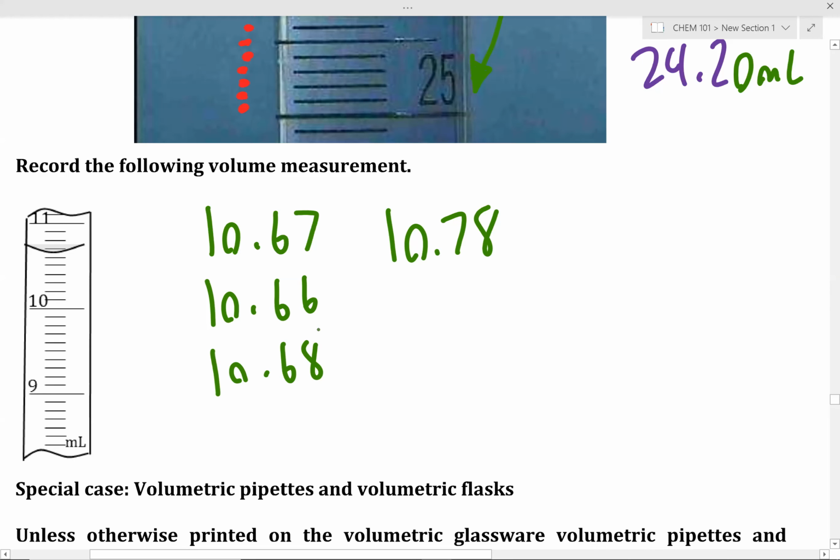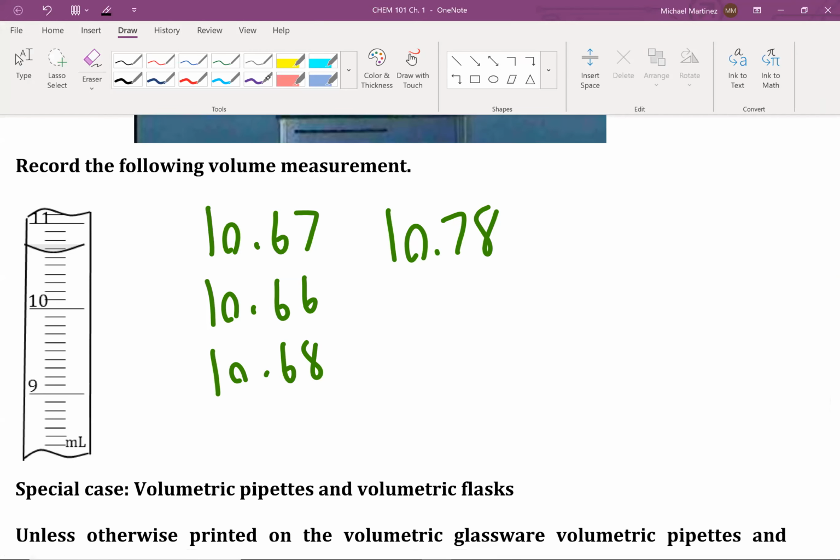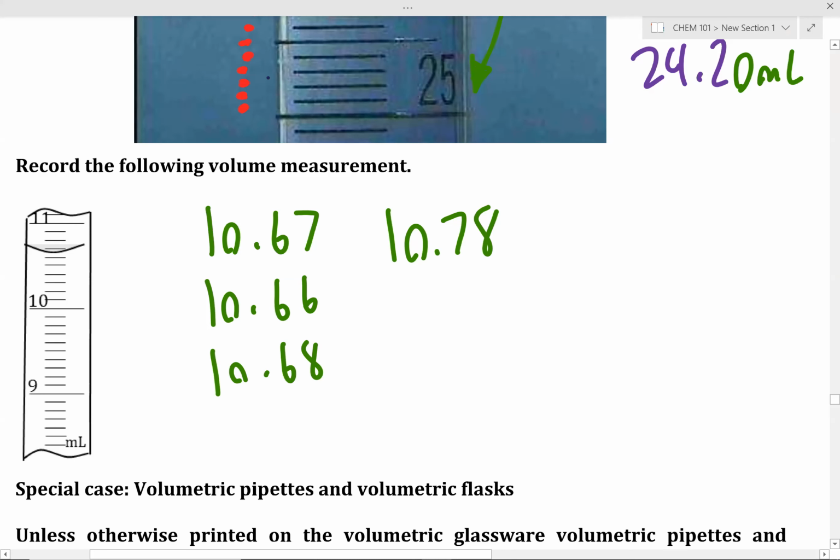Okay, so let's talk about this then. First question, is this a burette or a graduated cylinder? Graduated cylinder, it's read from bottom to top. You can tell by the fact that 10 is below 11. Okay, the next question that we have, from 10 to 11 milliliters. So 1 milliliter, that's equivalent to how many ticks? 1, 2, 3, 4, 5, 6, 7, 8, 9, 10. 1 milliliter is equivalent to 10 ticks.